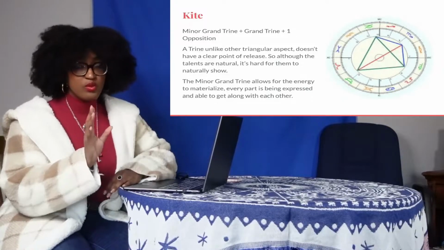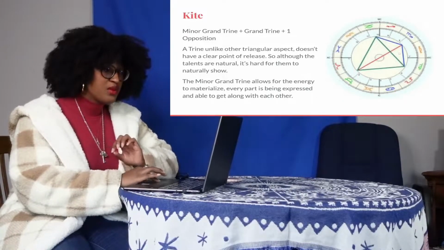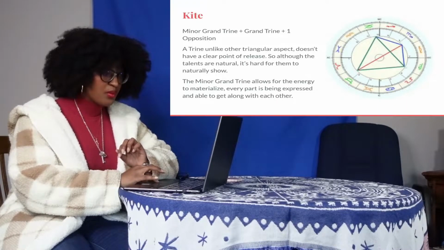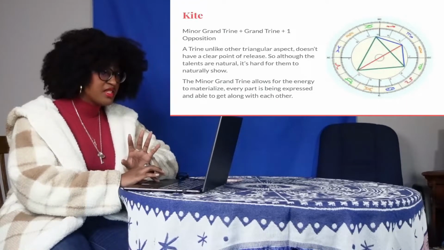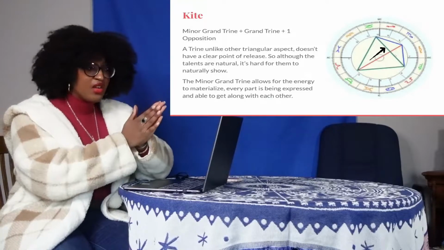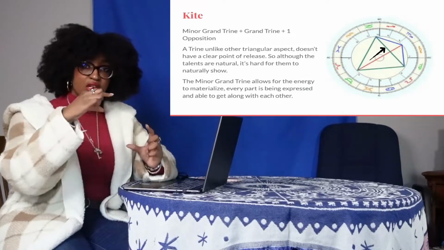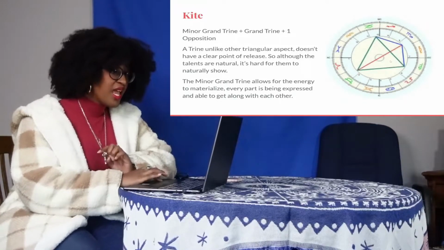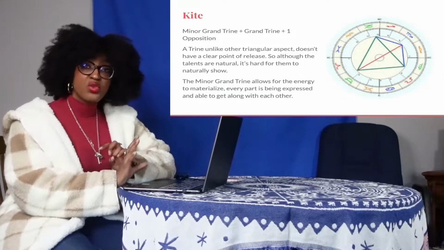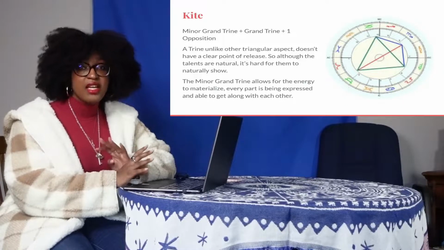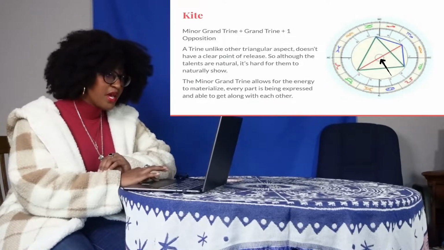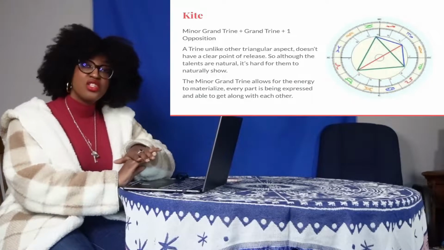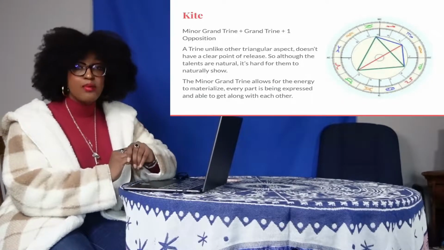And as I said, these would be points of release, but for it to be a working trine, this apex would have to be right here, or right here, or right here. And because it's not, it's like sticking it on the bottom, as I said, an elongated diamond in a sense. What also makes this a kite is that a kite has a backbone, and this is the backbone right here.